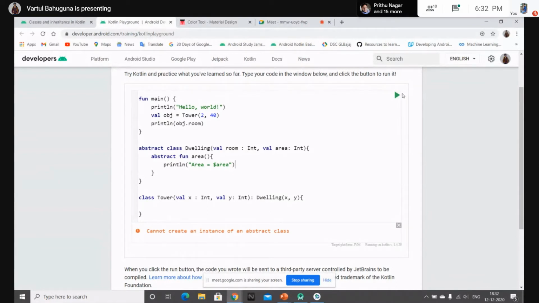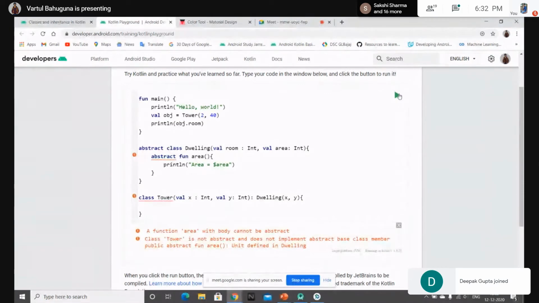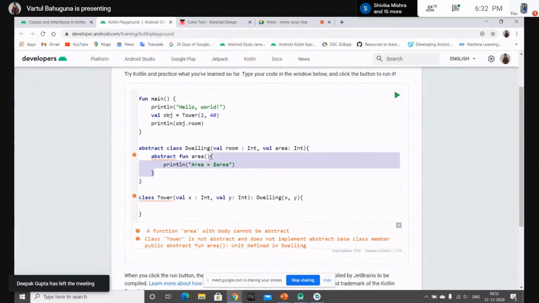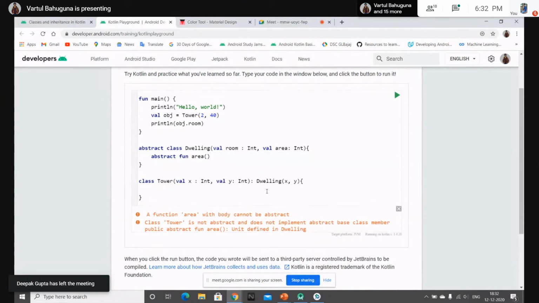If I run this code, it will throw us an error because the function is abstract, and you cannot define any function, property or variable that is abstract in an abstract class. You need to first extend the abstract class and then provide all that functionality.